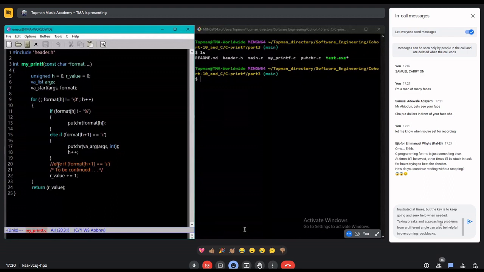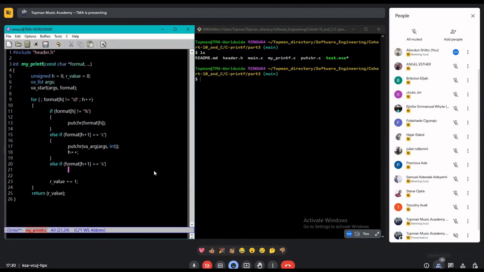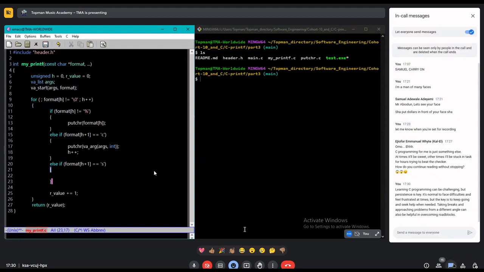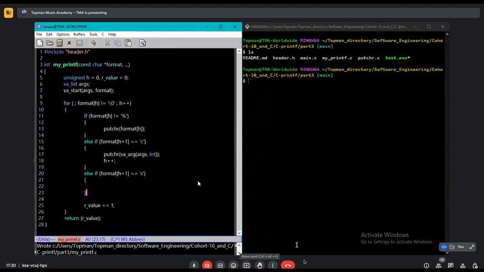So I will continue from here. Let's implement string. So what I'll do is this. I'll comment this and take off "to be continued" because it is now continued. So else if what follows the percentage symbol is s, this is what I want you to do. And we can't use putchar again because